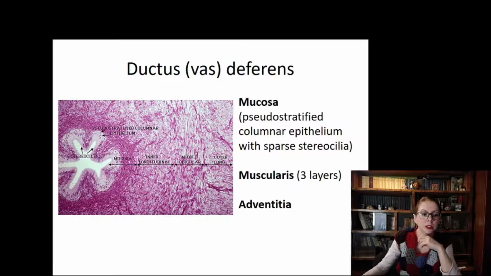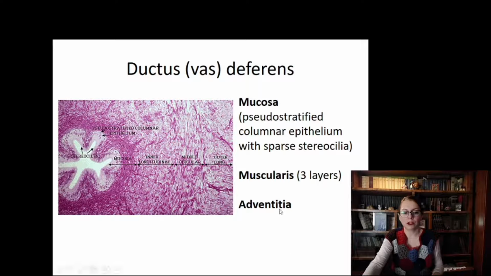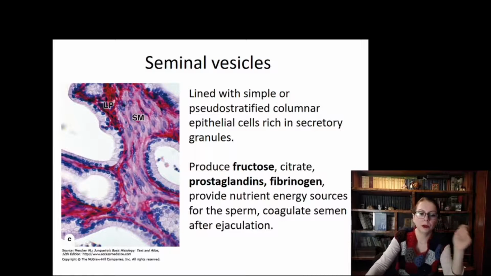So smooth muscle cells are very important in this process. The mucosa is lined with a pseudostratified columnar epithelium with sparse stereocilia, so they almost disappear out of here, and the adventitia represents the outermost lining. Then also seminal vesicles should be mentioned. They are lined with the pseudostratified columnar epithelium, and they produce fructose, prostaglandins, fibrinogen,